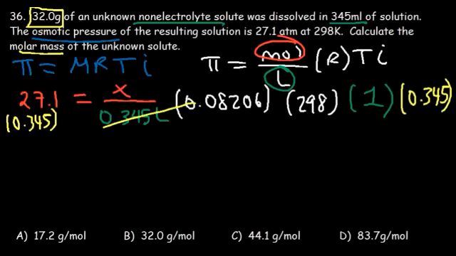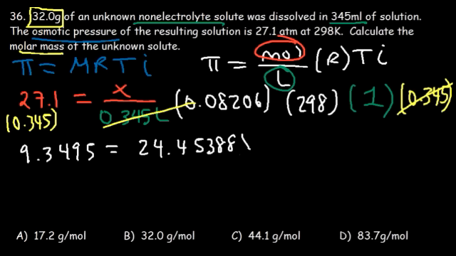So these numbers will cancel. So on the left, if we multiply 27.1 times 0.345, we should get 9.3495. And that's equal to 298 times 0.08206. So that's going to give us 24.45388x. So if we divide both sides by 24.45388, x is equal to